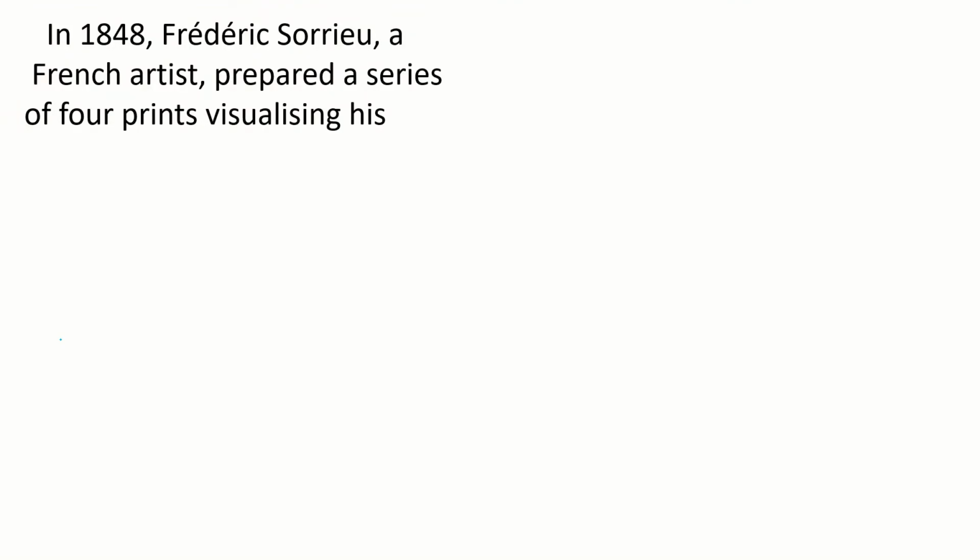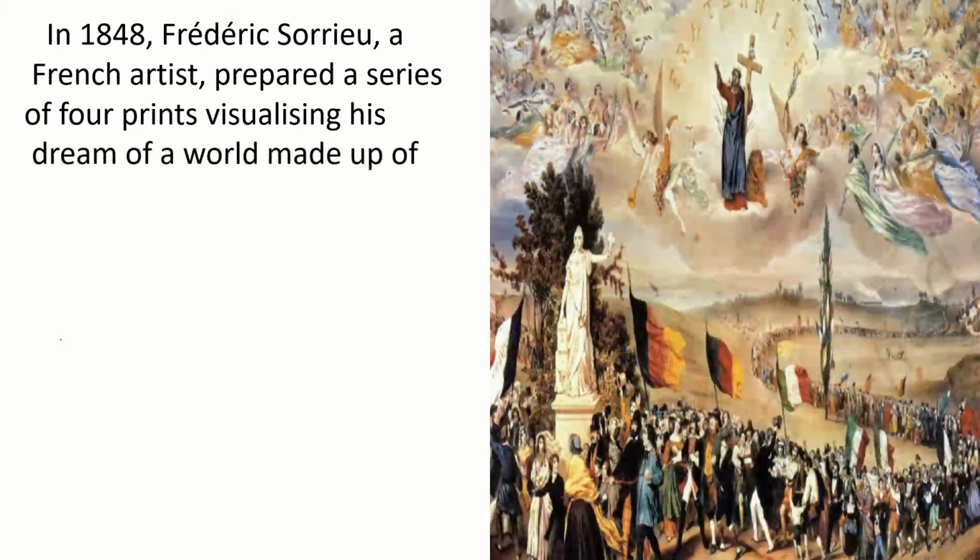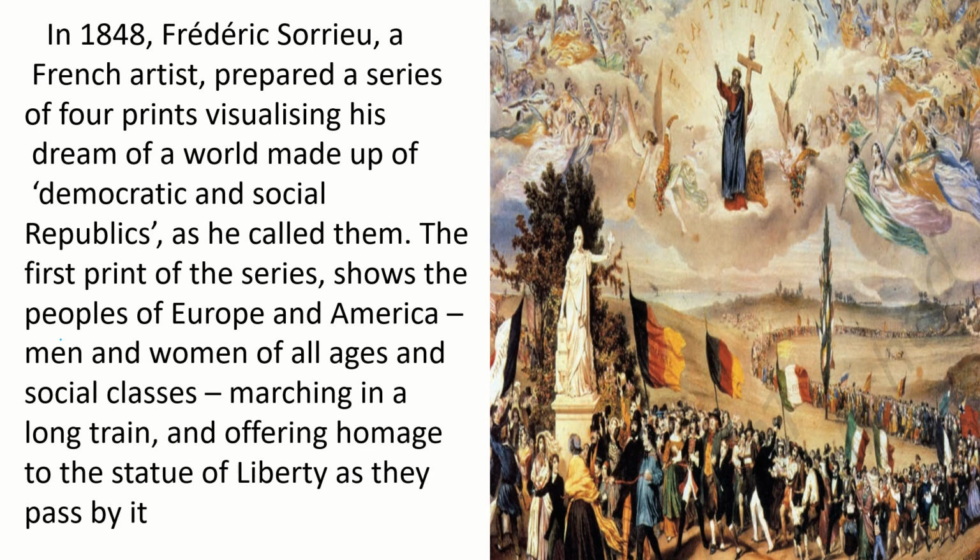In 1848, Frederick Sorrieu, a French artist, prepared a series of four prints, visualizing his dream of a world made up of democratic and social republics. Frederick Sorrieu is a French artist. In 1848, he painted a picture. In that picture, what he has shown means he showed the democratic and social republics. After that he called them the first print. He called them first print. Shows the people of